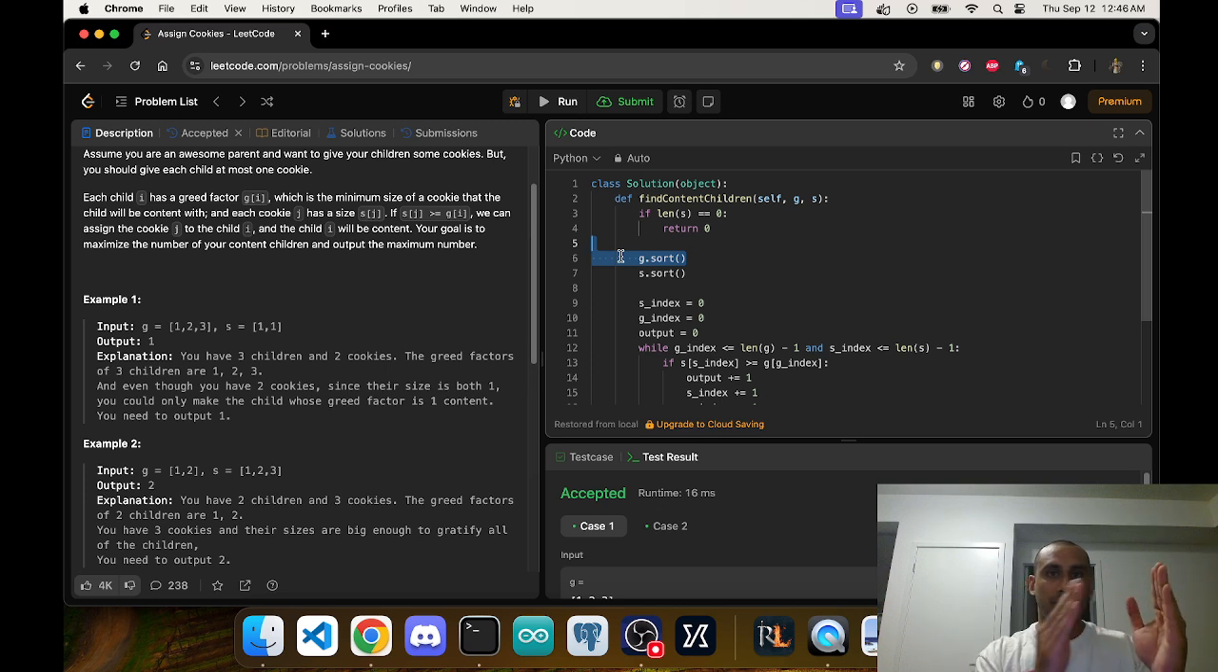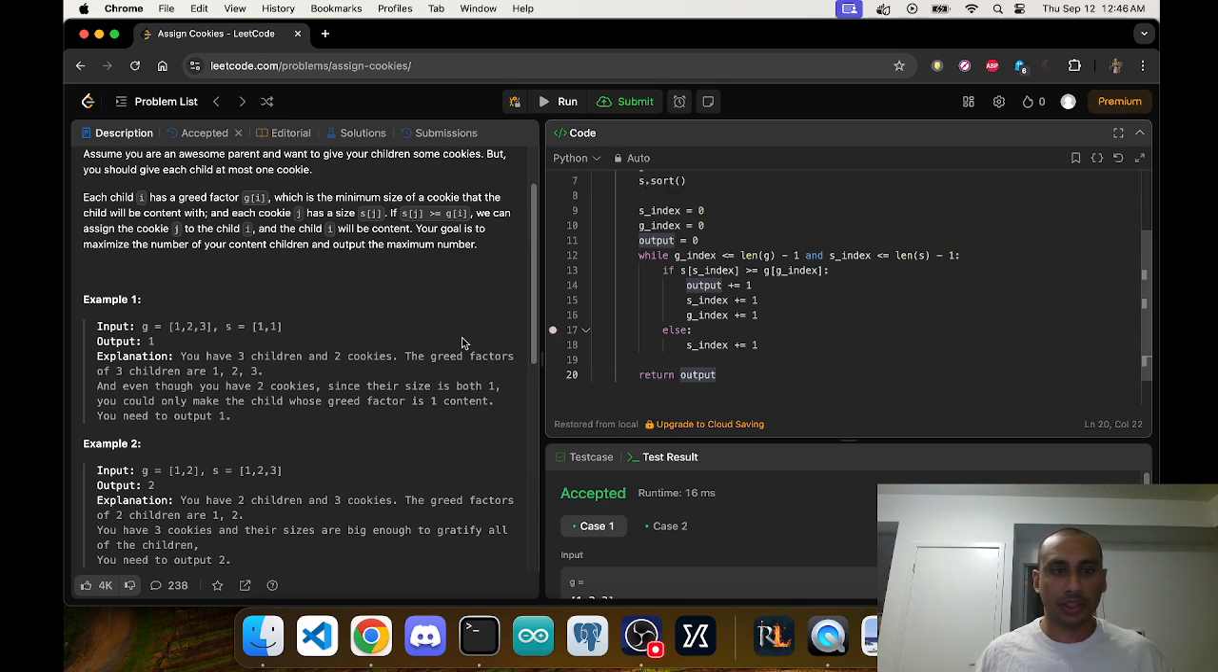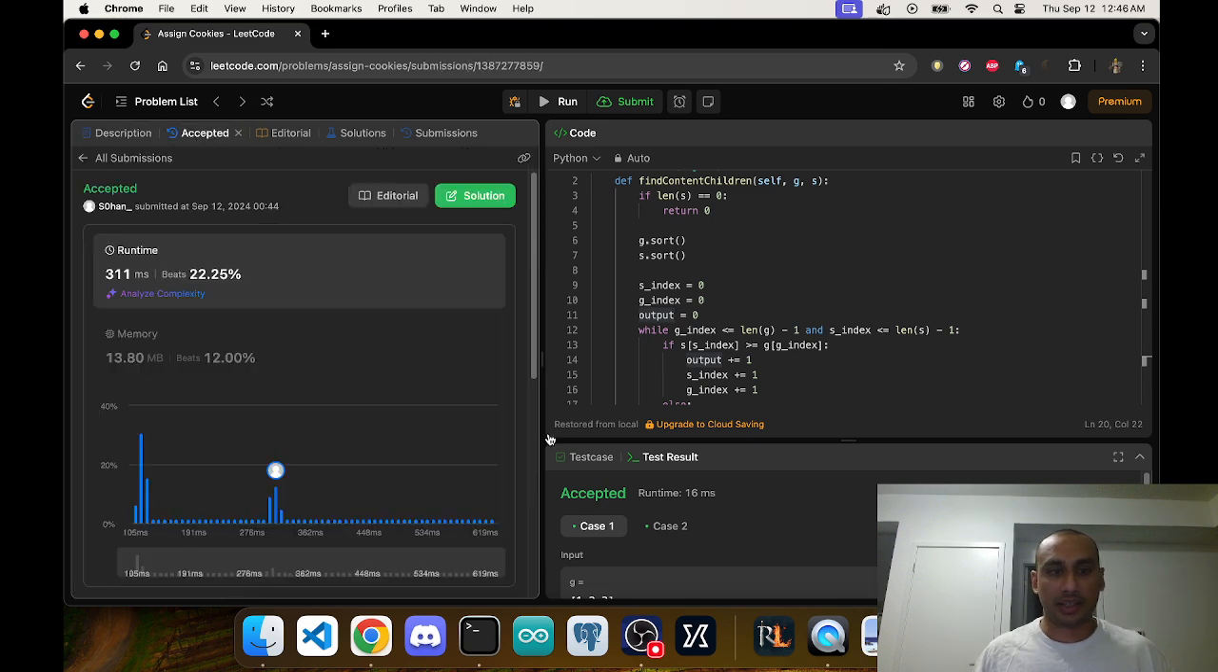Does it match? No. Next, match? No. Next, match? Yes. Okay, boom. Now we go to the next kid. Match? No. Match? No. Oh, I'm out. And depending on the array size, all we have to do is keep matching until we hit the end of either array. And then we just spit out the output. So as you can see, I passed the test cases, I passed the submission, and it beats 22.25% of